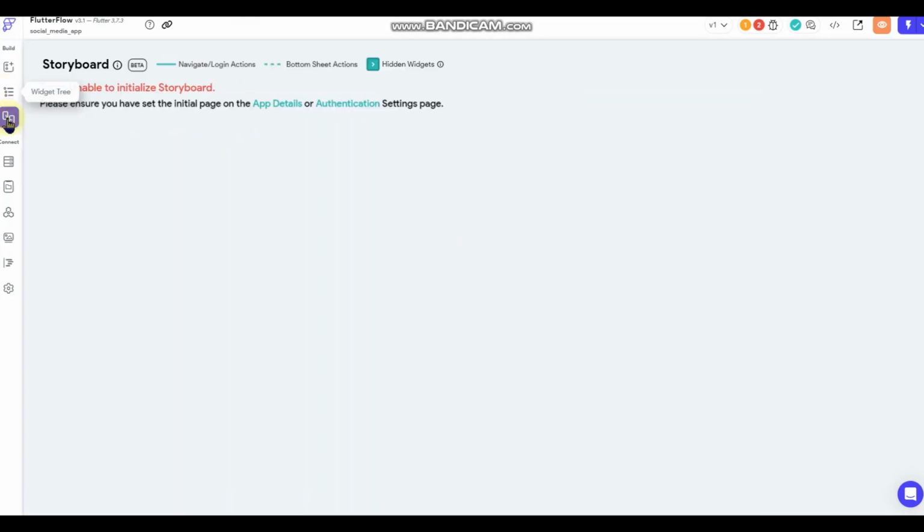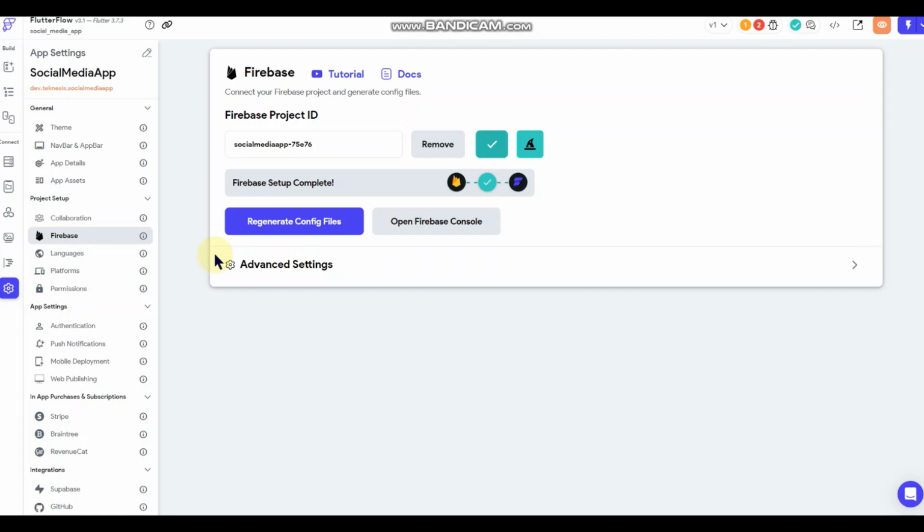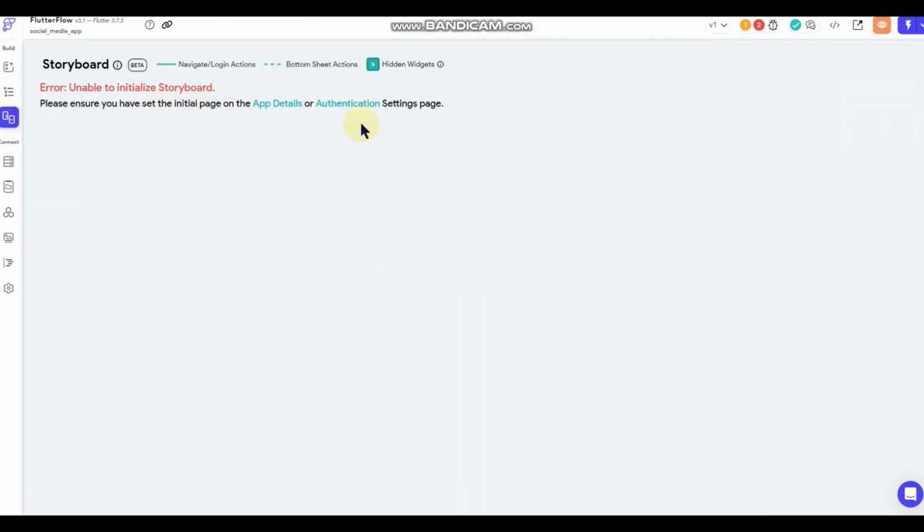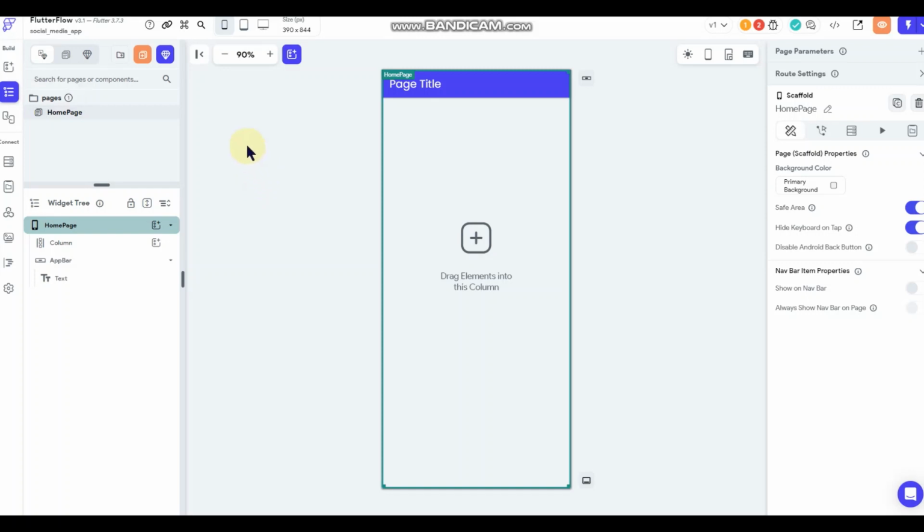Never seen that issue before. That's interesting. Oh, okay. They added a new feature on me. That's why I didn't know what that was. So yeah, this is brand new. The storyboard feature is brand new. So we're not gonna touch on that because I have never messed with that before. So we'll look at that at a different time once I figure out exactly what that does.